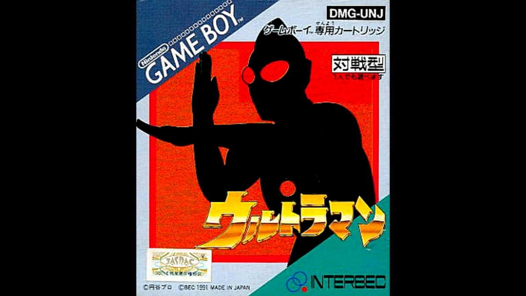Welcome everyone to another edition of Play It Through, and on this edition, it's Ultraman, brought to us by BEC. Ultraman on Nintendo Game Boy is a simple fighter that has some questionable controls and exploitable AI, in a game